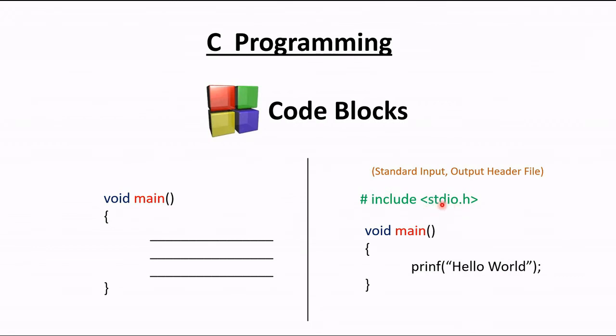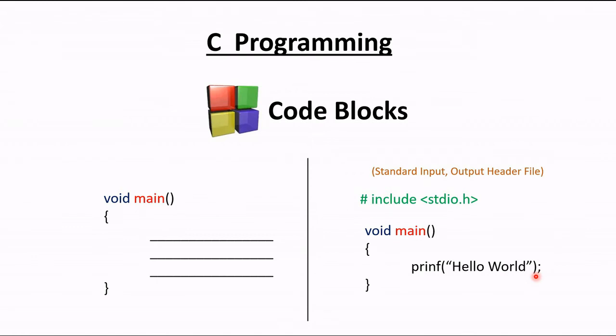So I have included all that in my program. Then this void main is the front portion, that means the first portion that will be executed, and then printf will be executed. So this is the basic syntax of a program, and always remember, after each and every line you must include this semicolon, because this is the end of the line.